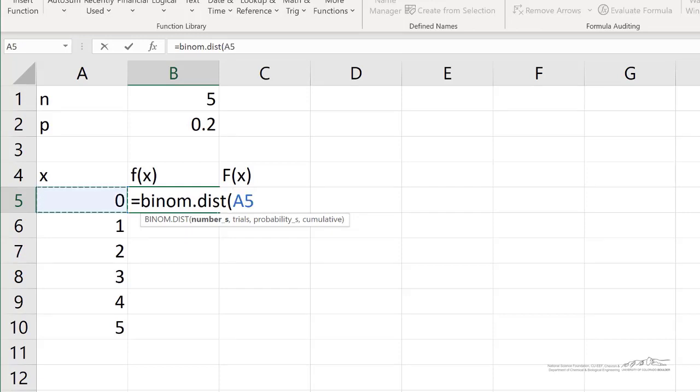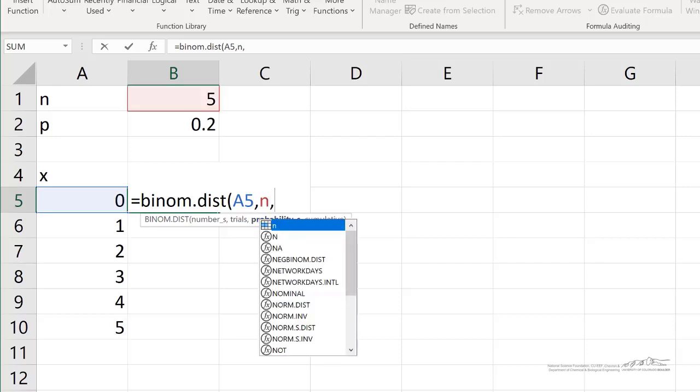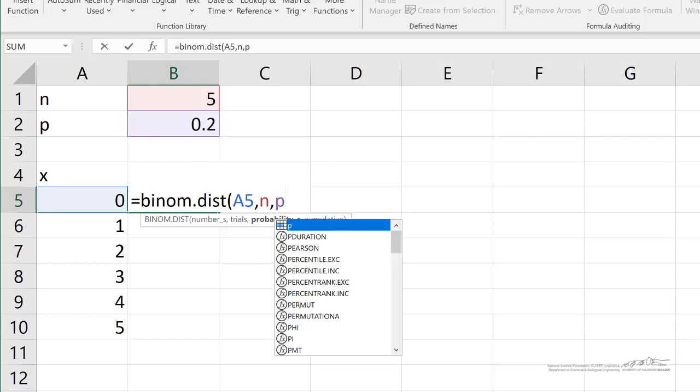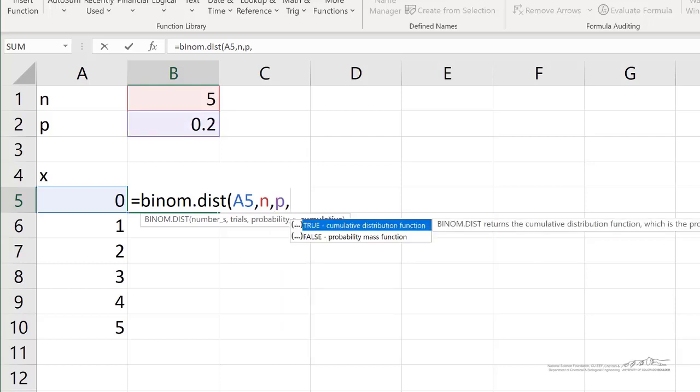So if I want to calculate the probability of getting exactly 0 successes, I can reference A5. The number of trials would be n. The probability of success, that's the next argument to this function, is p. And then the last argument is whether or not you want it to be cumulative or non-cumulative.